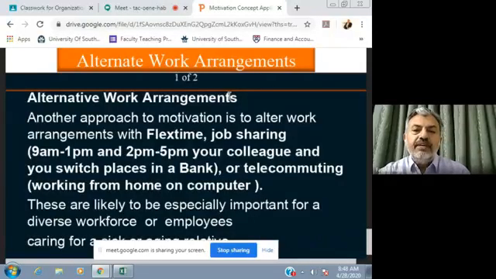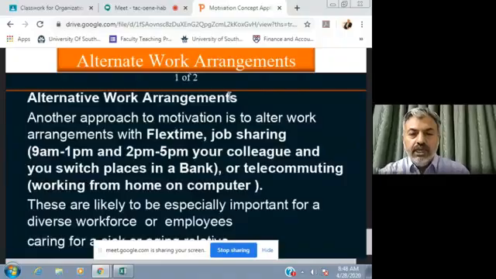So in simple terms, if you look at the cashier of a bank, from 9 a.m. to 1 p.m. he works as a cashier. Then from 2 p.m. to 5 p.m. he becomes a relationship officer. Similarly, a relationship officer from 2 p.m. to 5 p.m. becomes a cashier, whereas in the morning from 9 a.m. to 1 p.m. he was a relationship officer. That's how both of these employees or colleagues are sharing each other's job, and they have something different to do during the same day.